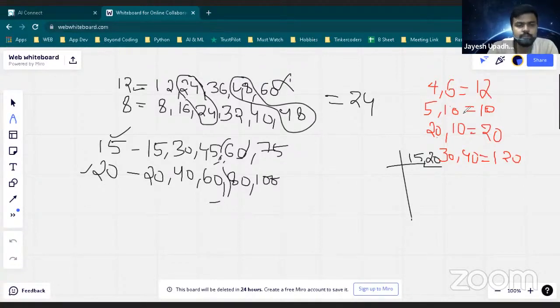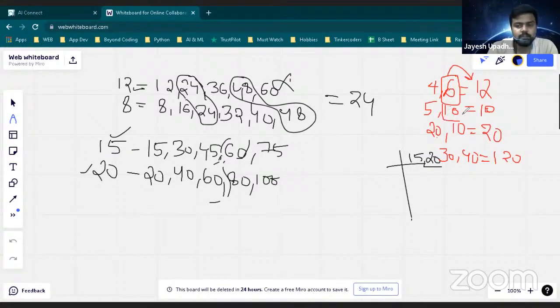So the conclusion is this: if you see 4 and 6, we are always getting the highest number. Means whatever will be the highest number from both, we're getting the highest number from that also, or equal. This is the conclusion, right?